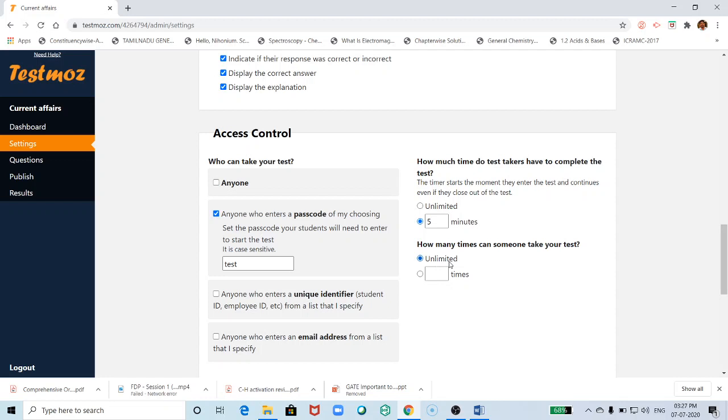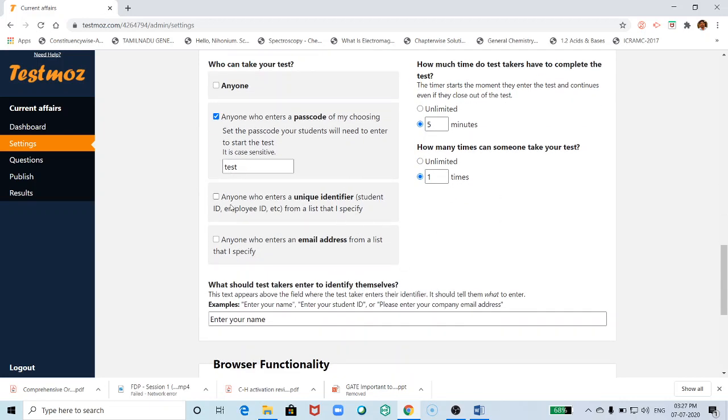If it is unlimited, the student can take this test multiple times. You can click this and give 1, so that the particular student can take part in this quiz only one time. These options are in a paid version.